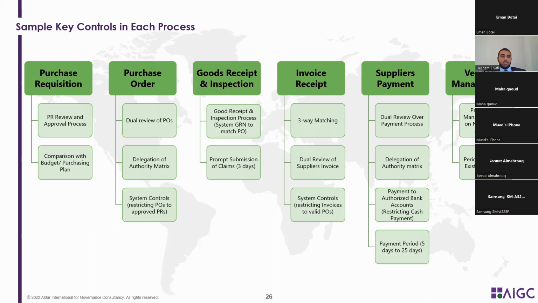For vendors, usually there is some kind of periodic review or periodic assessment. There is a review of the information before it's being added and so on. All of these are key controls when it comes to the procurement process. Now, having this understanding of the key risks and the key controls, we will be developing a continuous